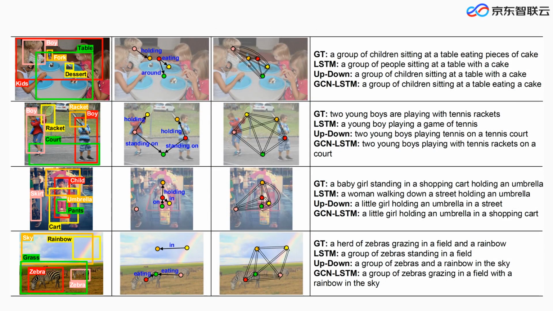We showcase a few image examples with the constructed semantic and spatial graphs, human annotated ground truth sentences, and the sentences generated by three different approaches. For instance, compared to the same sentence with "a cake" generated by the approaches LSTM and Up-Down for the first image, "eating a cake" in our GCN-LSTM shows the image content more comprehensively. This is because the semantic graph can actually encode the detected relation "eating" into the features for enhancing the sentence generation.